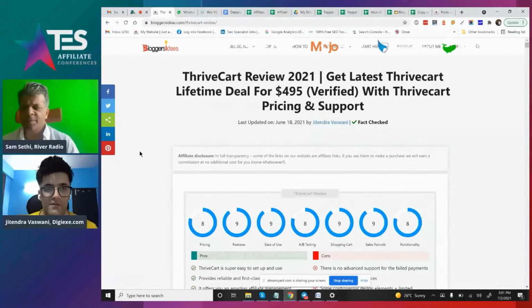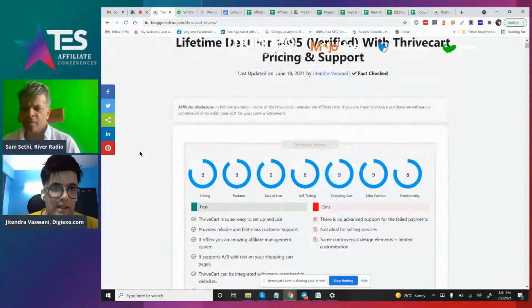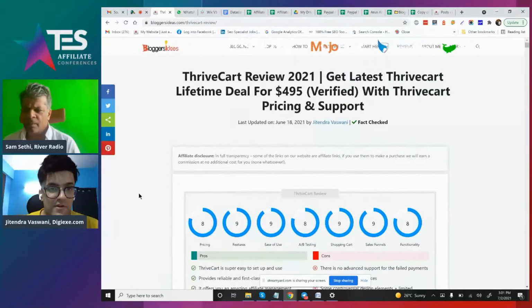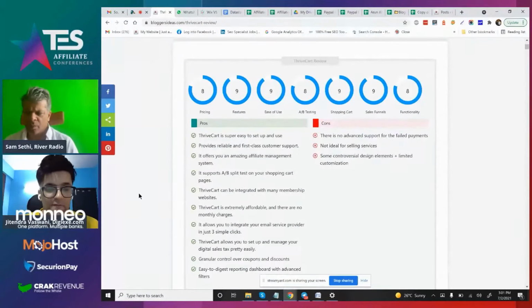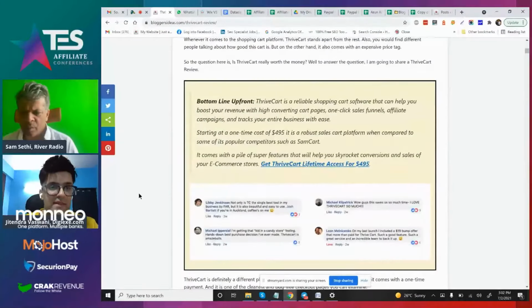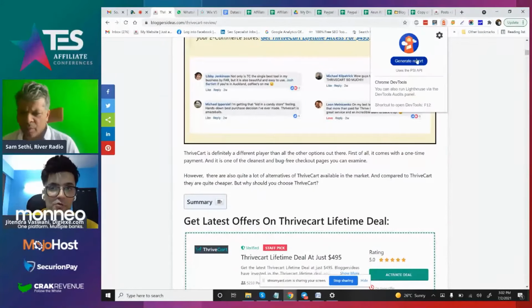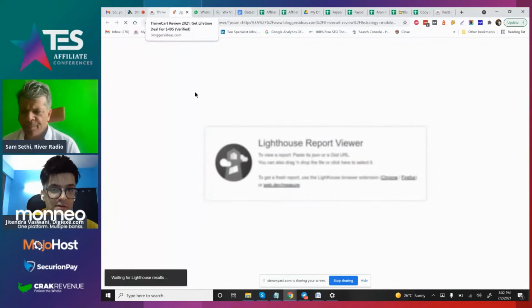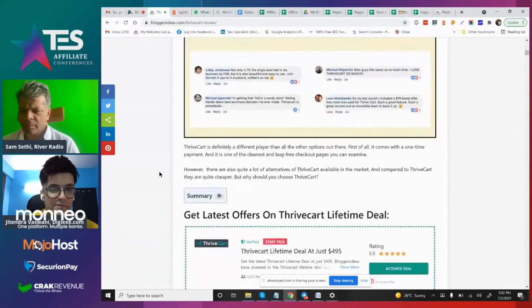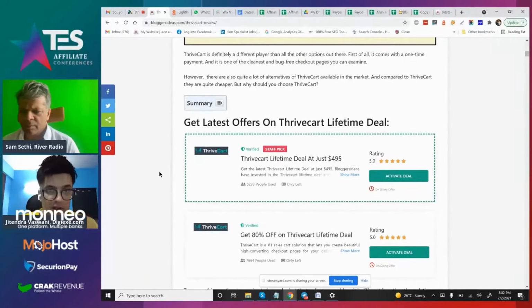So this is my article right now, which is a review article where I have shown pros and cons about the product, and you can see in terms of SEO, my website loads very fast. So I'm going to do a page speed score analysis right now. This is a Chrome Audit plugin, and it will show me the live results of how fast my website is loading. This is the actual review article which we have done.